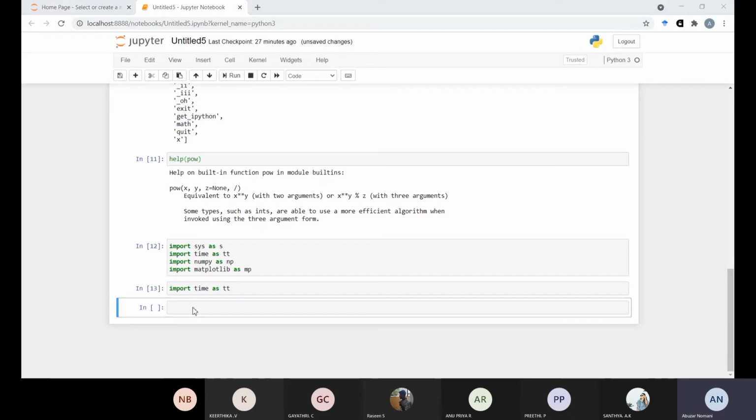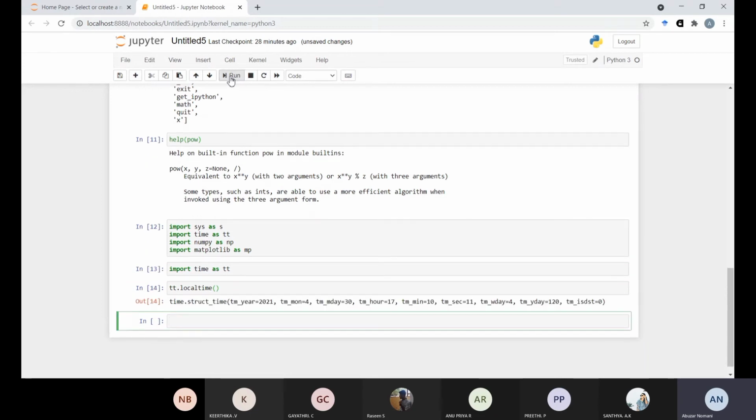Then we check what the local time is right now. So instead of time we can write tt dot localtime, then bracket. Now we can run it and see whether it gives you the correct time or not. Now check here. Today is time structure, time, year 2021.